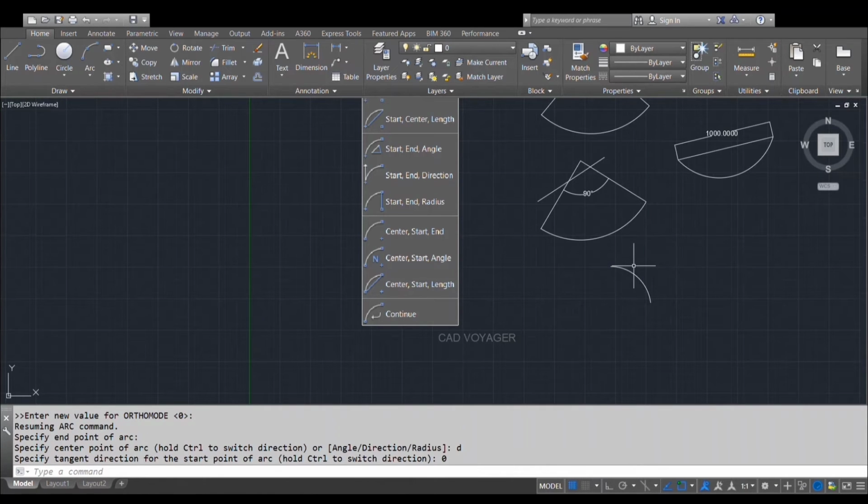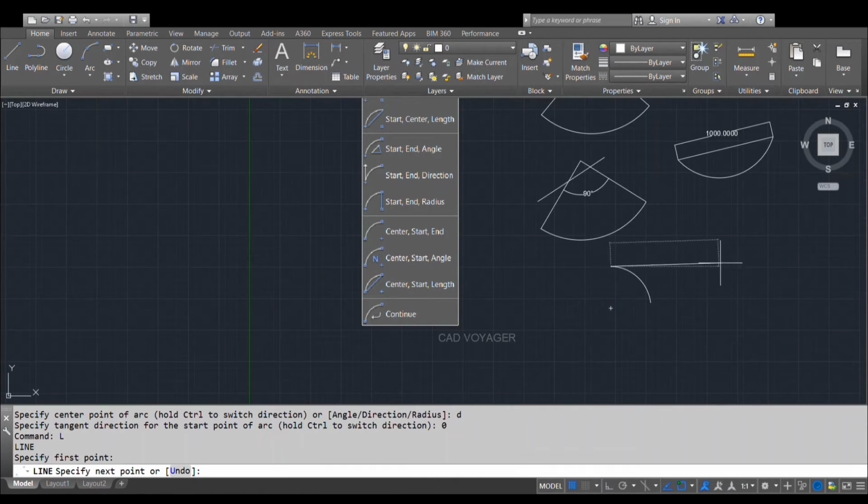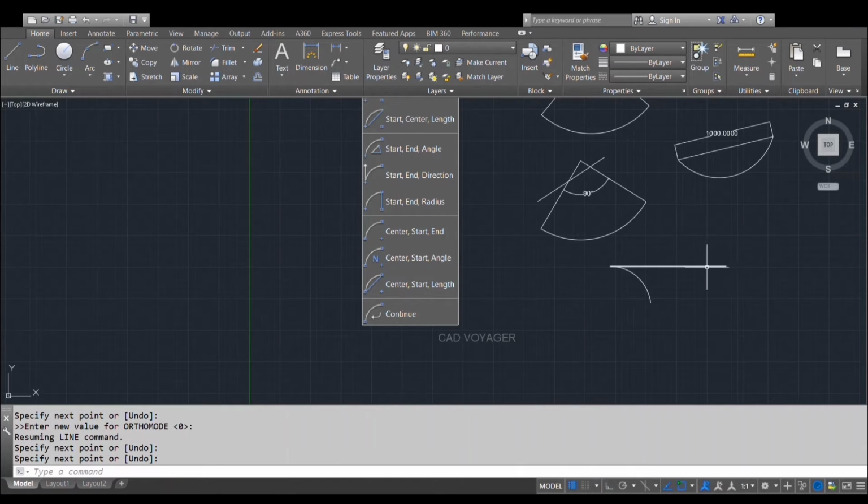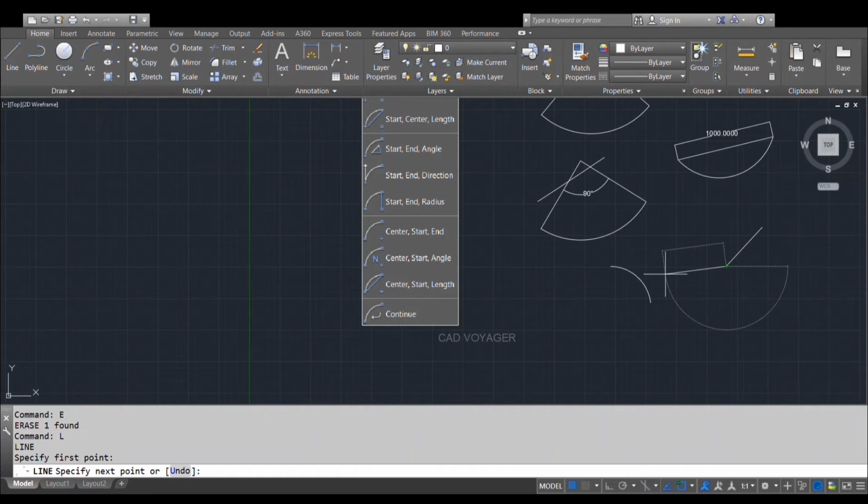From the start point of the arc, draw a straight line, and from that straight line draw another line somewhere. Now delete that straight line. Now click the start point of that second line and type tan and take the line to the arc. If the line automatically selects the start point of the arc, the procedure we followed is entirely correct for the arc. This is the way to check.